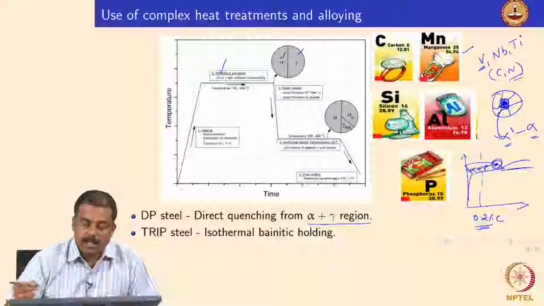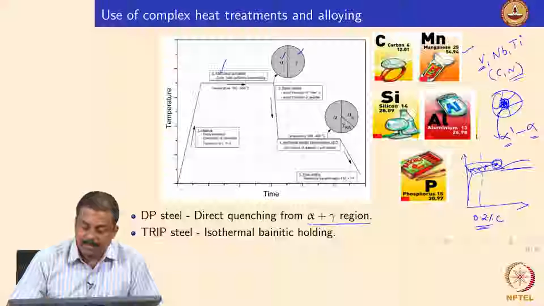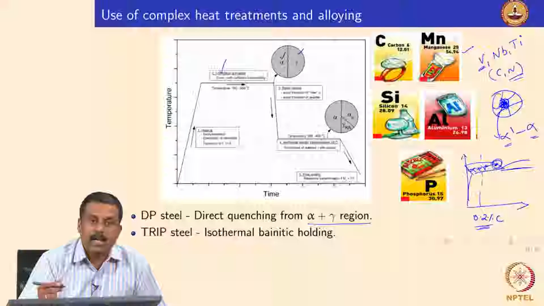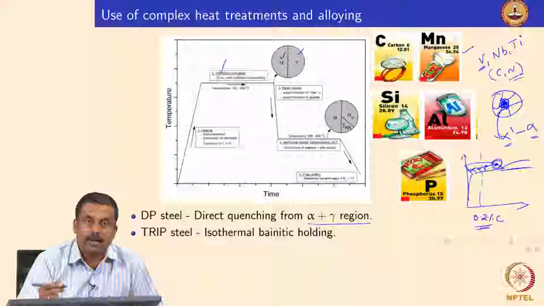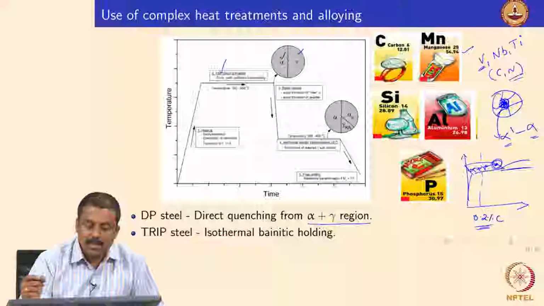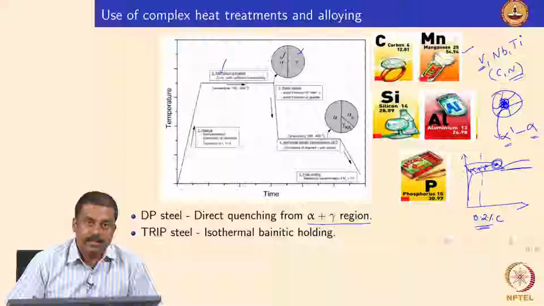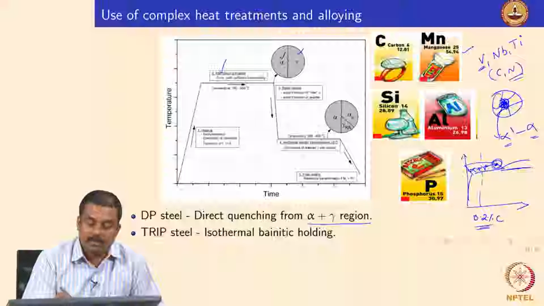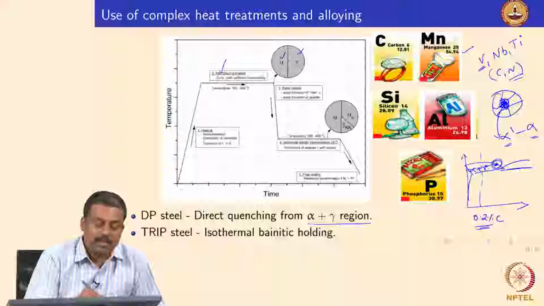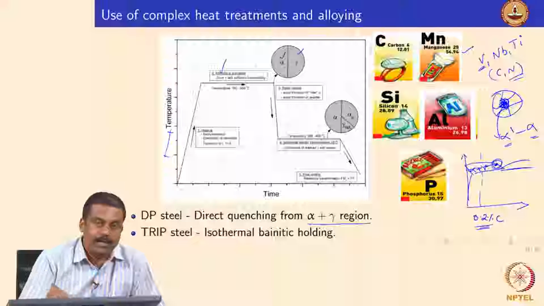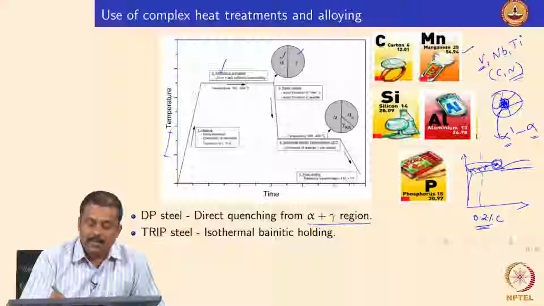Apart from dual phase microstructure, this graph can also be used to explain the microstructure formation of TRIP steel. The difference between the dual phase treatment and the TRIP steel heat treatment is that we have one extra step, what you see over here around temperature regions of say 350 to 500 degrees centigrade. In this case we have an additional holding at this temperature range.